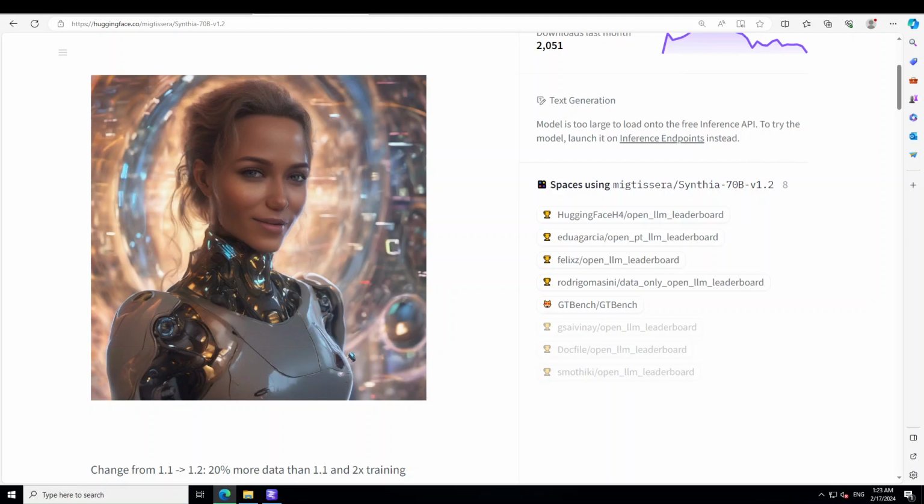Synthia 70 billion has been evaluated on a wide range of tasks using language model evaluation harness from Eleuther, and on most of the results it has performed fantastically, and average score was more than 70%, which is quite good. Now there is a lot of other information which is available on the Hugging Face